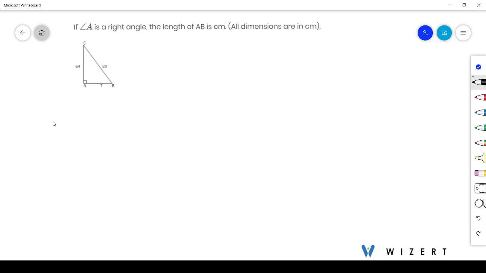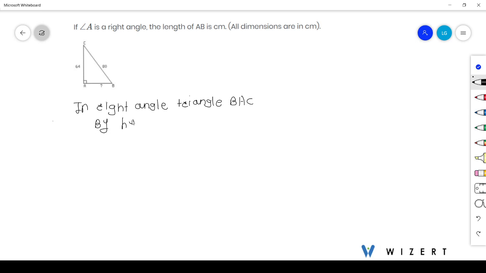Our question is, if angle A is a right angle triangle, then what is the length of AB in centimeters? In right angle triangle BAC,